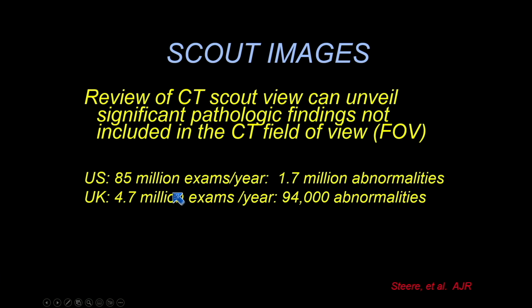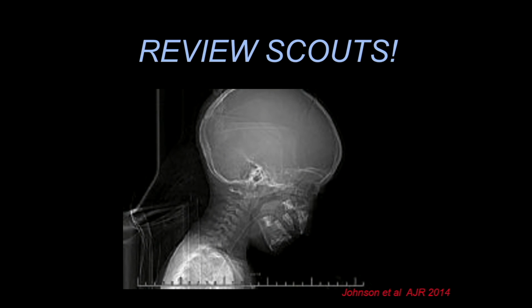Now, how many of you routinely review the scout images when you get a CT scan? Use that as part of your study. There's a significant number of findings that can be found, and if you think about it, if you only have just a couple percentage incidence, if we do 85 million studies in the US a year, that's 1.7 million abnormalities that might not be detected if you look at the percentage where you can see abnormalities not visible on the axial images. That can be because it's outside the field of view of the axial images, but visible on the scout, or it could be due to an in-plane